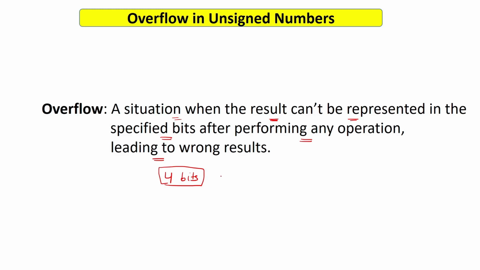So you will say you can represent 0, 1, 2 till 15. Okay, so the last will be all ones and the first will be 0. And the next number will be 16, so it will be 1 then 4 zeros, and how many bits will it have? It will have 5 bits. So the range of the unsigned number in case of 4 bits is from 0 to 15 only.